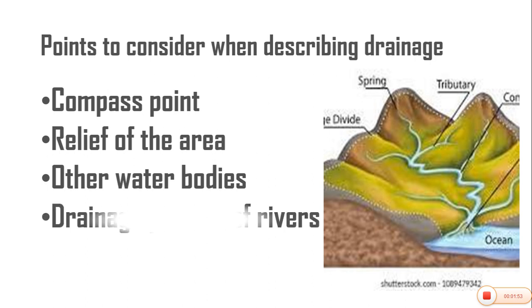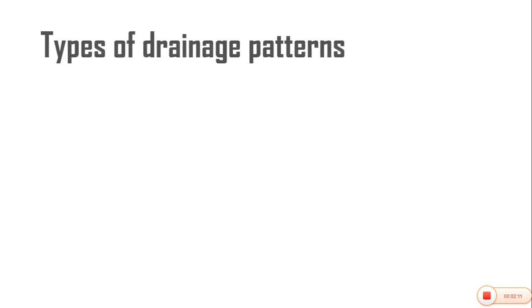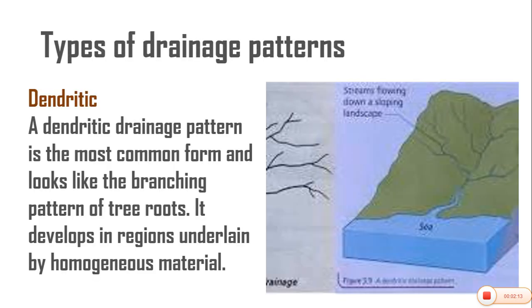Another point is the drainage pattern of rivers. The drainage pattern of particular rivers within certain points or on a map would also be considered when describing drainage. Now let's look at types of drainage patterns. The first type of drainage pattern we're considering is the